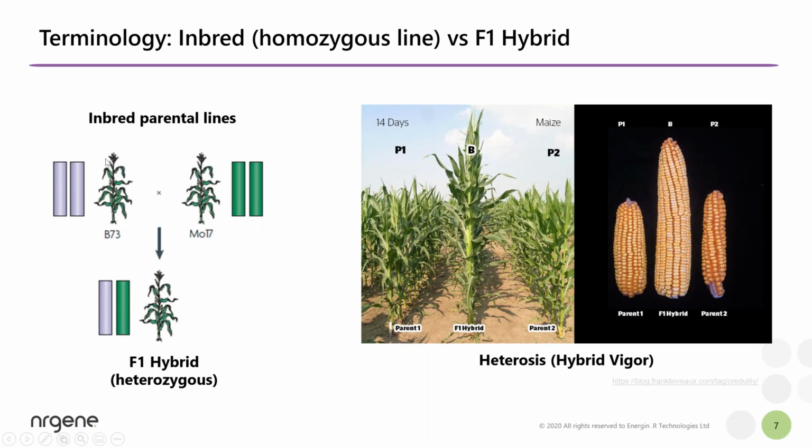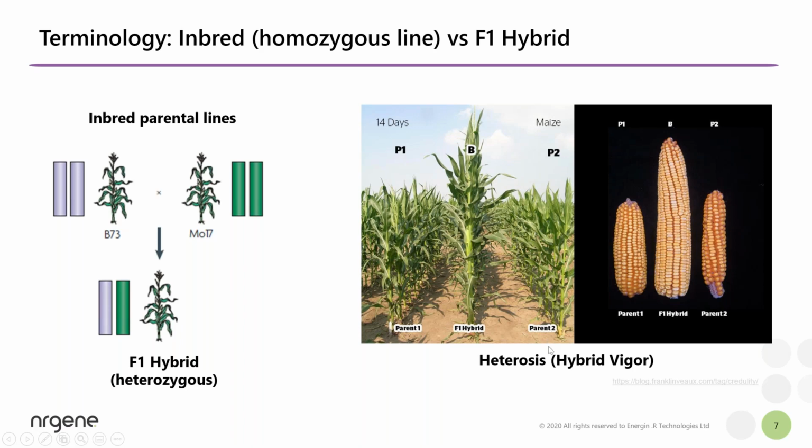But once you have two parents, in this case B73 and MO17, they have two copies each of each chromosome. And when you make a cross, you have F1 seeds, true F1 hybrid seeds. Each of these hybrid seeds is identical, and they contain one chromosome from the male and female parents. And this enables seed companies to have a very successful business in selling these seeds, but also employs and utilizes